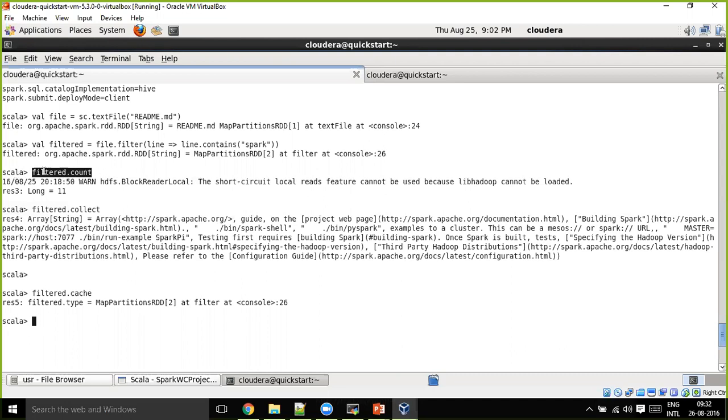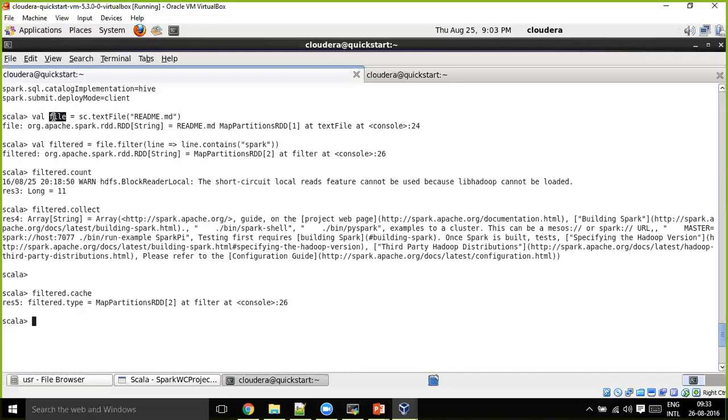So your question is that when you perform filter.count, data gets loaded into this RDD, and from that into this RDD. At this point, while it is running, you need data in filtered, but what is the need for data in the file? That is your question, right? Will that be maintained in memory or not?